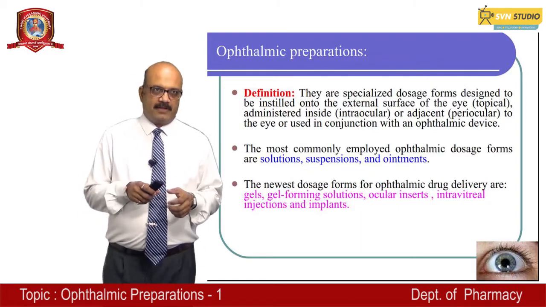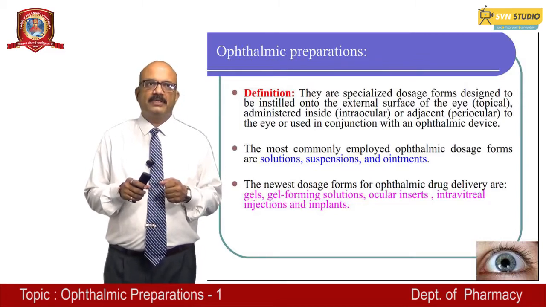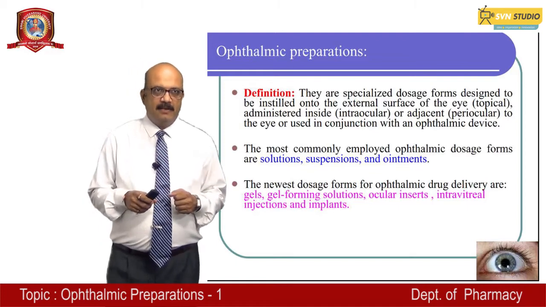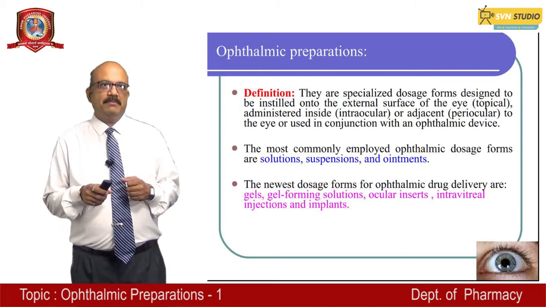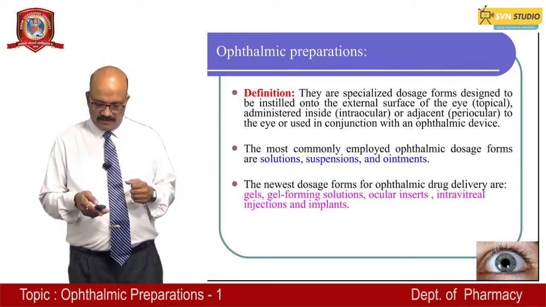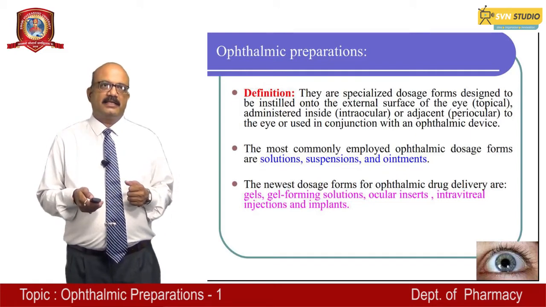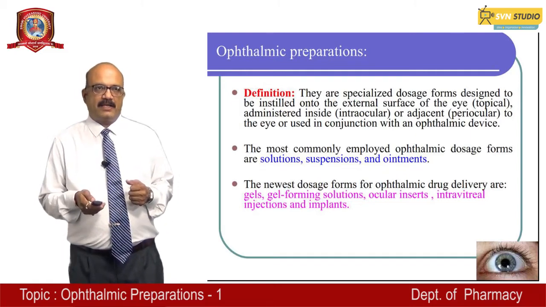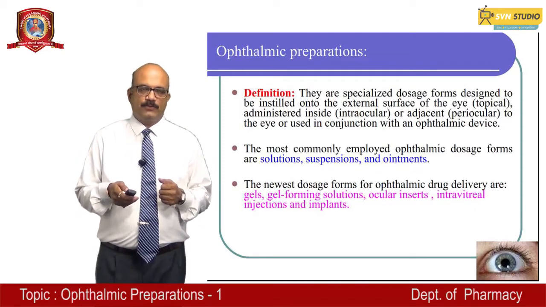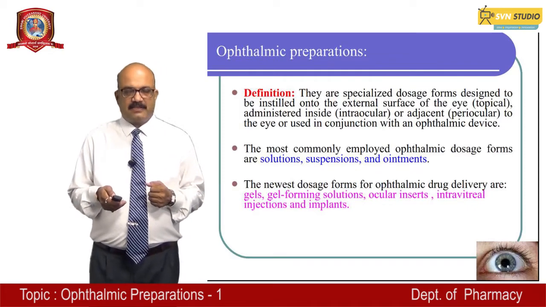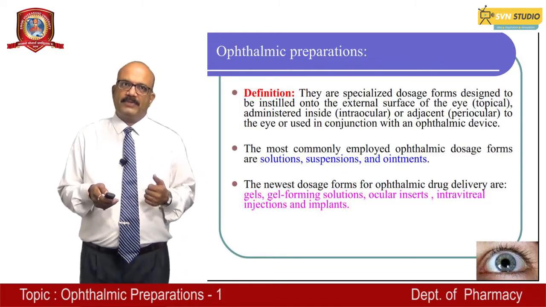So before proceeding, you should be well aware of the various parameters and factors which play a very important role in the preparation of ophthalmic products. When we talk about ophthalmic products, generally it implies eye drops and eye ointments. Suspensions, solutions, and emulsions are also there. These are the various categories which can be used as ophthalmic preparations.